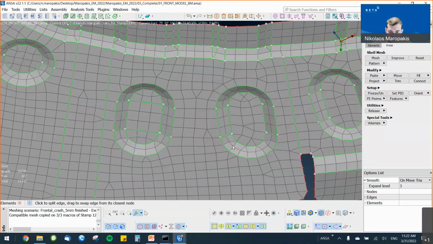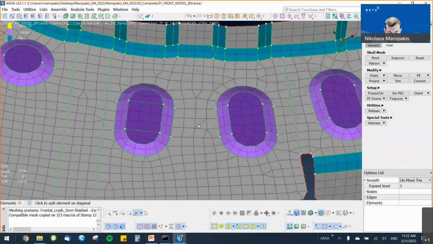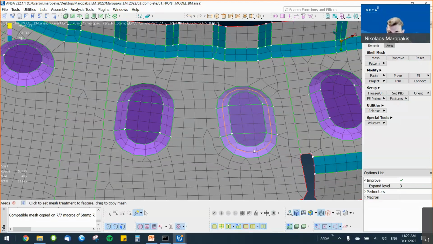And I can see now that this feature here, this stamp, is similar to this one. As we saw earlier, we don't need to do all this work again for a second time. I can simply switch to my feature draw mode, switch also with the shortcut key Q to the areas category, and I can simply drag and drop this mesh to copy it to this feature. I can see that it got colored green momentarily. That means ANSA recognized the features as similar, and I am sure now that I have the exact same mesh on these two features.